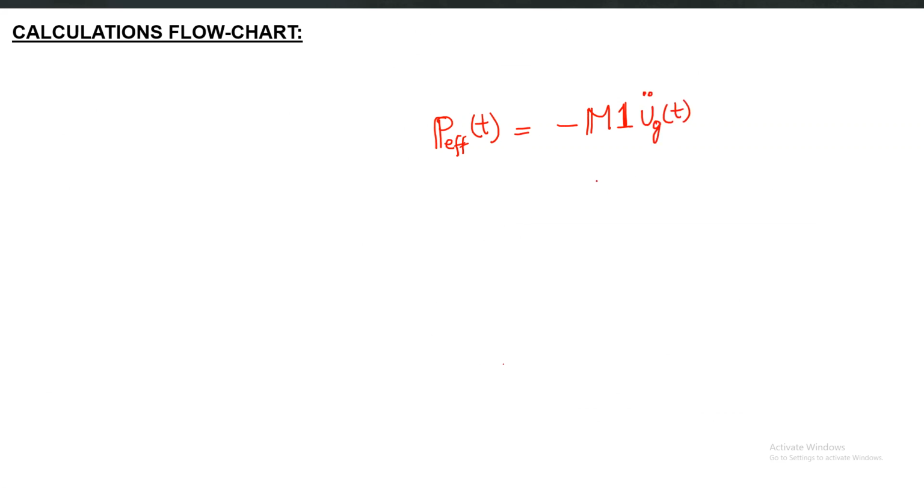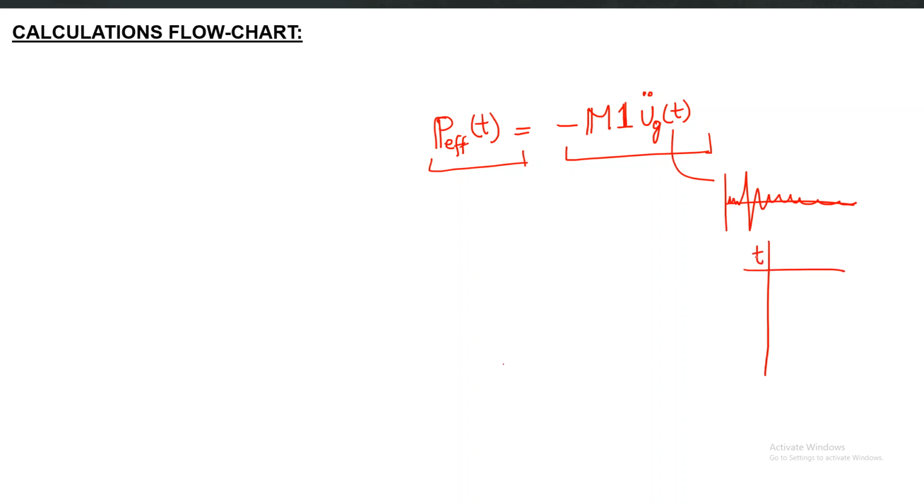So now you already know how to convert a ground acceleration case for multiple degree of freedom systems into a forced random force case. With the given P effective, which will now be numerically defined because UG dot dot of T will be numerically defined. It is basically defined by the numerical values of time and the ground acceleration that will be recorded from some past earthquake. So that data will be numerically defined.